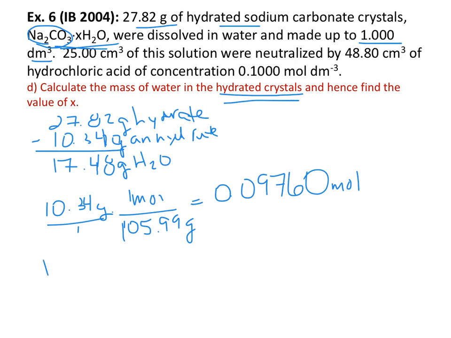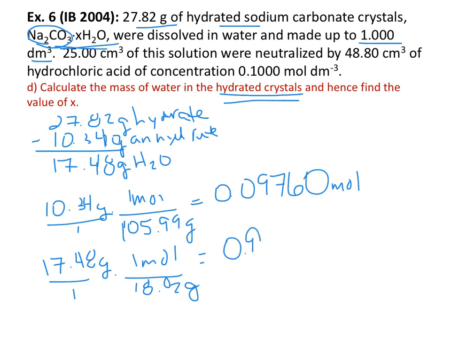Then if we do the same thing for the water, 17.48 grams. 1 mole on top. Molar mass of water is 18.02. And so then it's 0.9698 moles. So to compare them, I'm going to divide by the smallest,